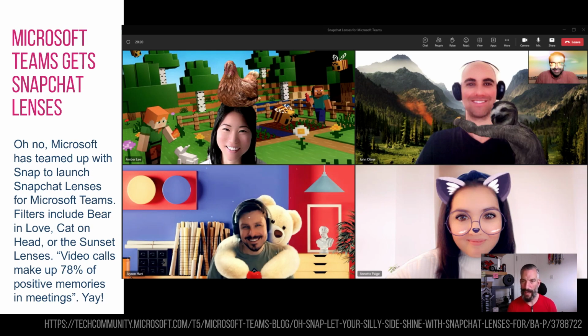And finally, we have the thing that you probably never really wanted. Microsoft Teams has teamed up with Snapchat, and especially the lenses. This is only available in the work commercial version, not in the public version or educational version. But if you go into your settings and your company has allowed this, or specifically not unallowed it, then you can now add all of these amazing things to you, like you can put a chicken on your head